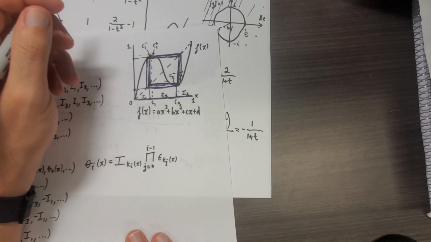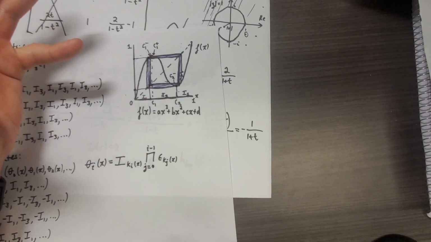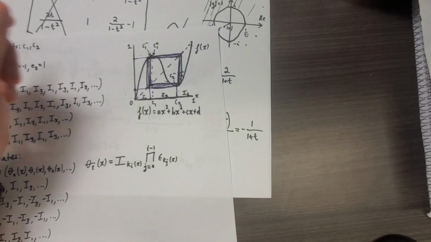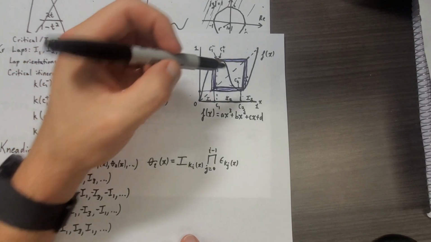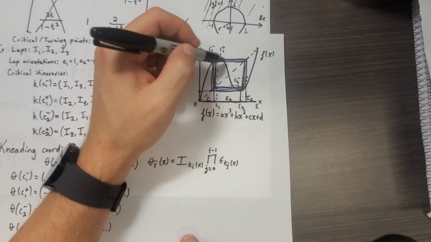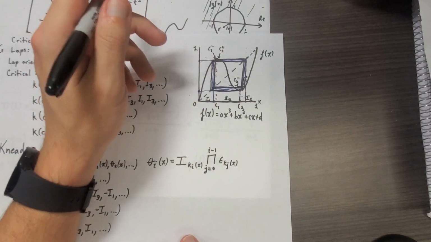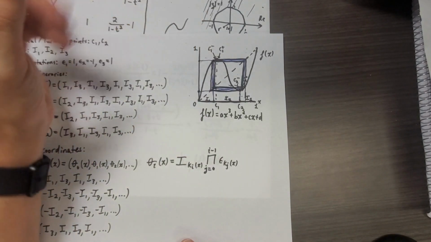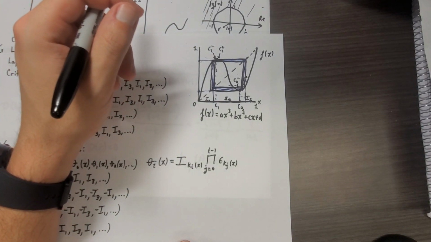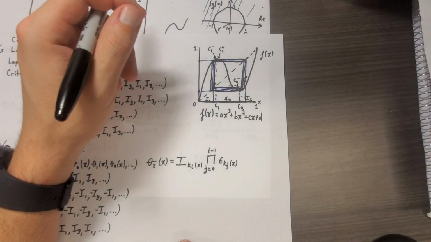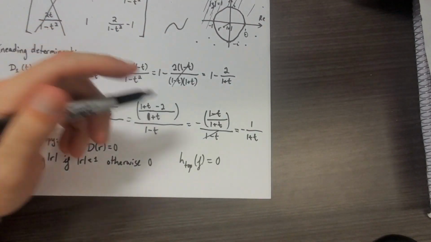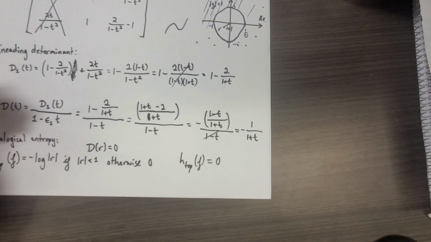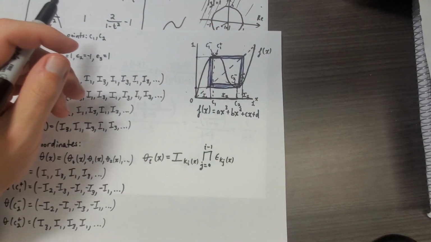Now, it may be a disjoint union of a certain number of periodic orbits, but at least we do not have a chaotic set of points where if you plug in a point, then you just kind of wander around forever and you never settle down in some periodic orbit. So nothing is eventually periodic. Or excuse me, everything is eventually periodic because you don't have any chaotic set. So we've just shown, using the Kneading determinant and topological entropy, that there is no chaos in this system, in